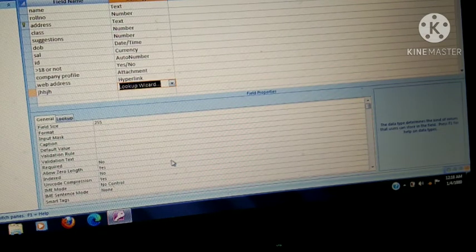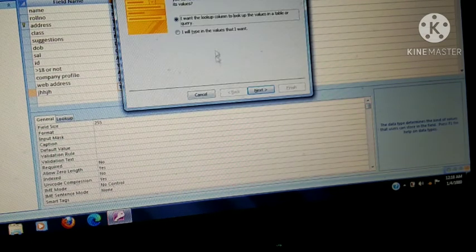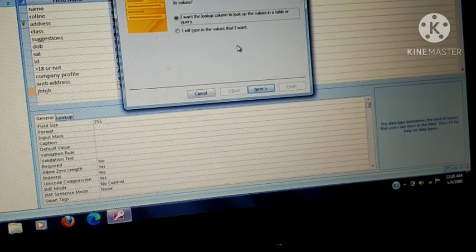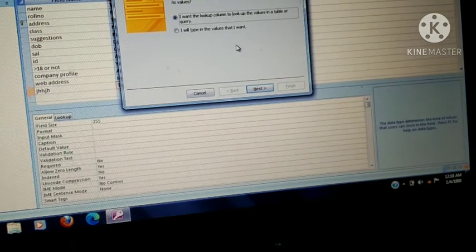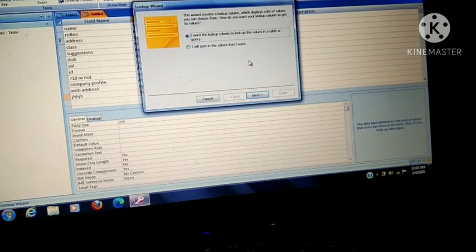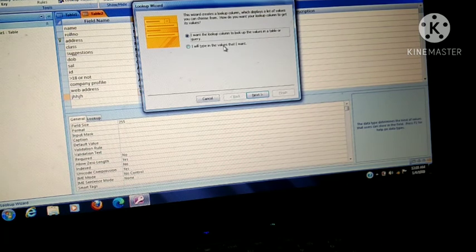Then click on lookup wizard. The lookup wizard function is to take the data from some other table. Here you will check: I want the lookup column to look up the values in a table or query. So if you want to take table data from somewhere else, then you will select this lookup wizard.